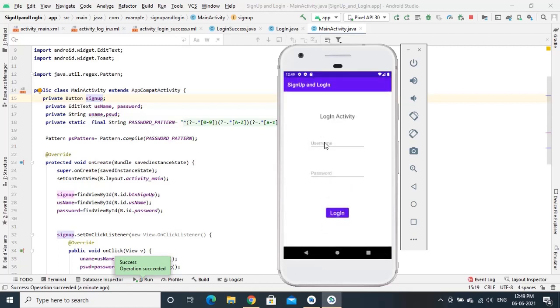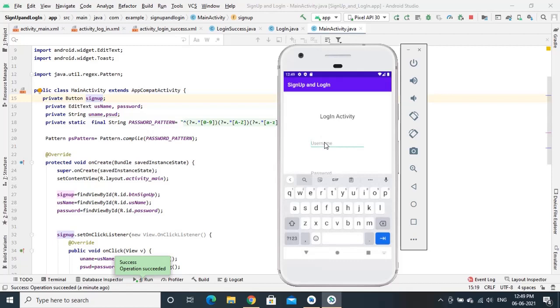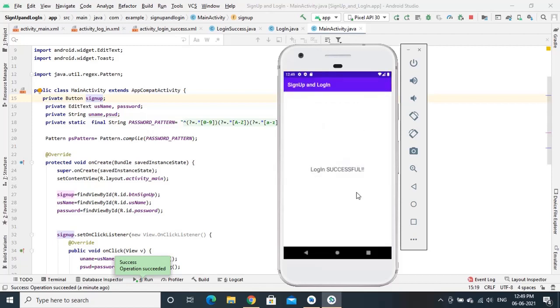Sign up is successful. Give a proper username and password whatever you have given during the sign up page. So in this case it has to go to the next activity. Okay, so login successful. So this is all the things whatever we have implemented.